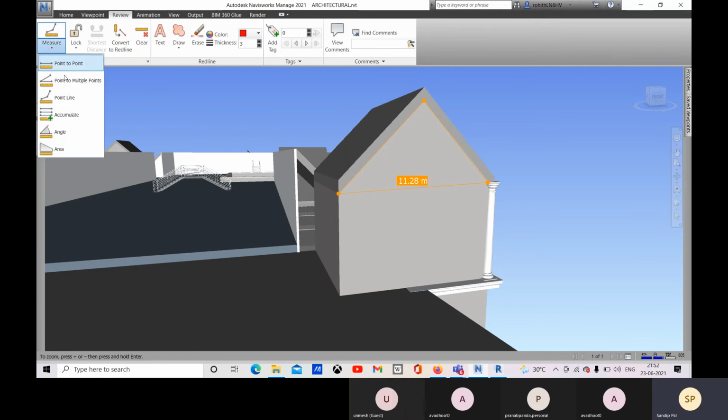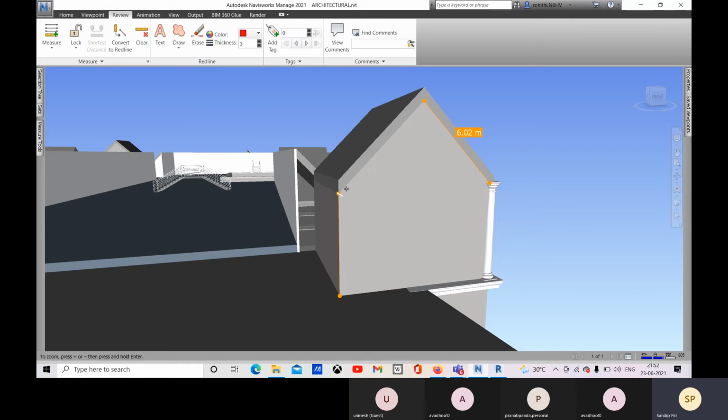Okay, so this is the option for point line, and you can go for the accumulated option, like from this point to this point, and you can choose this to this to accumulate these two values.